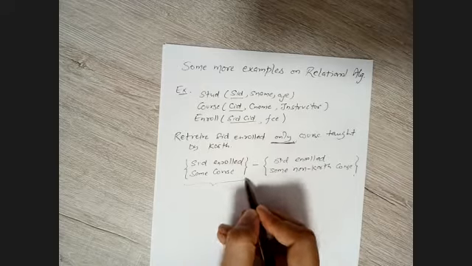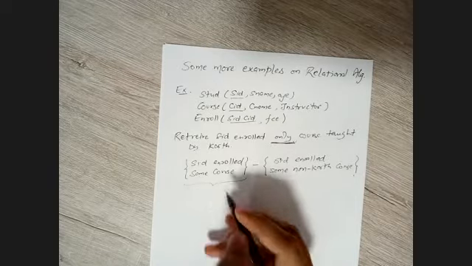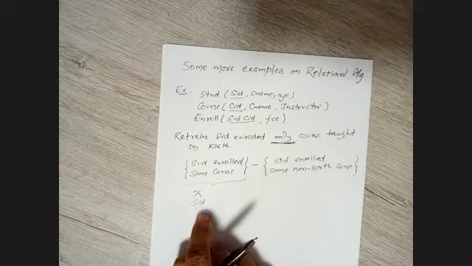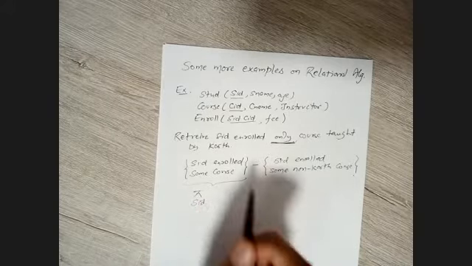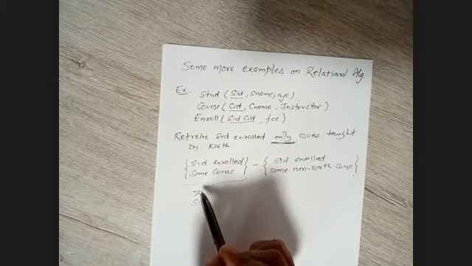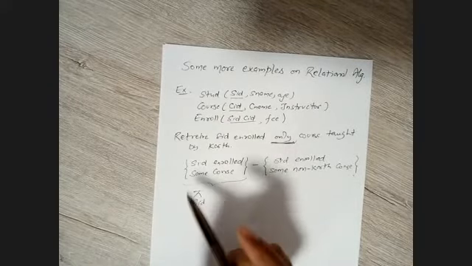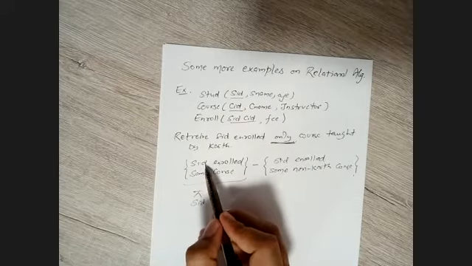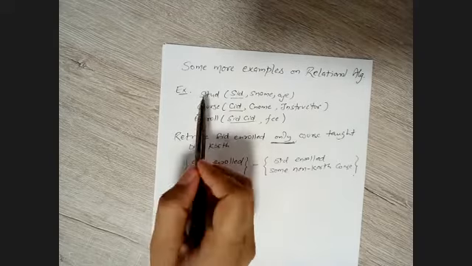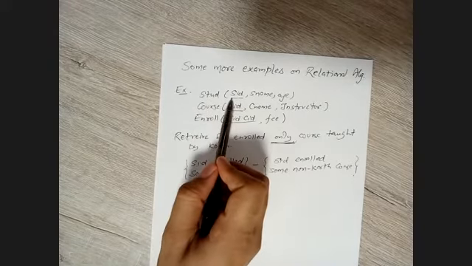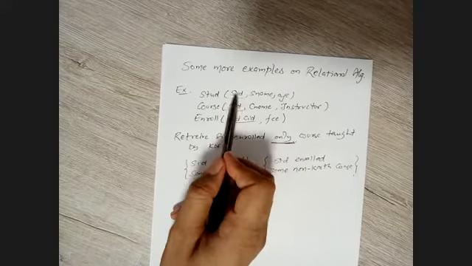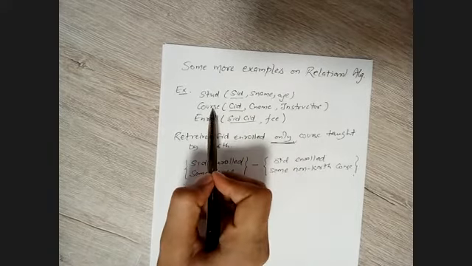So for this one, what should be the query here? We are simply going to project SIDs. SIDs are present here and here, both. So it is important to understand which SID we need to take. We are finding the SID of those who are enrolled in some course. Probably in this table, SID is the key, but it may happen that there are certain students which are not enrolled in some course.